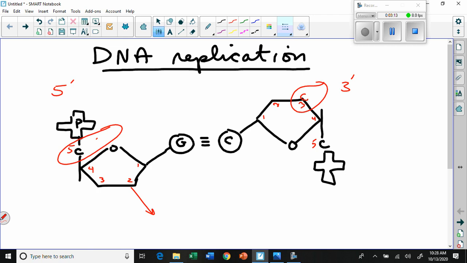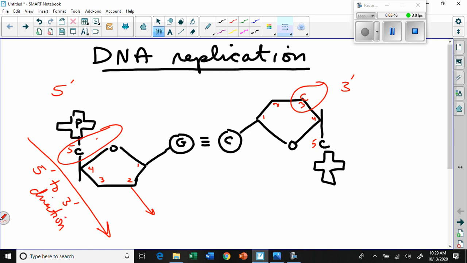So a DNA molecule has a 5' end and a 3' end, depending on which carbon is closest to that end in the ribose molecule at the end. So that's what we mean by 3' and 5'. It's just a way of organizing the 3' end versus the 5' end. Okay? So typically, if you were going this way on this chain, you'd be going in the 5' to 3' direction,